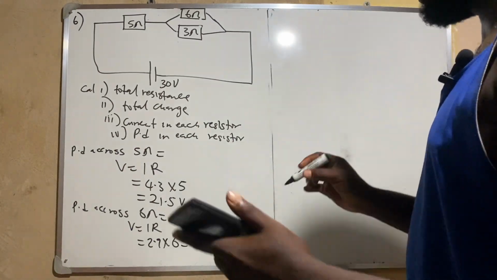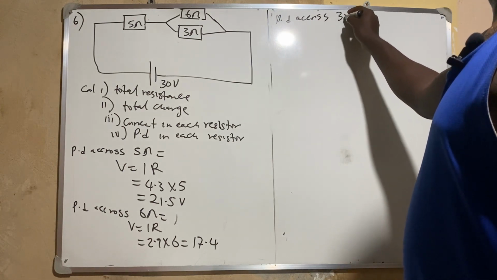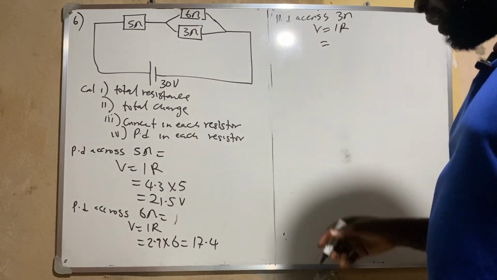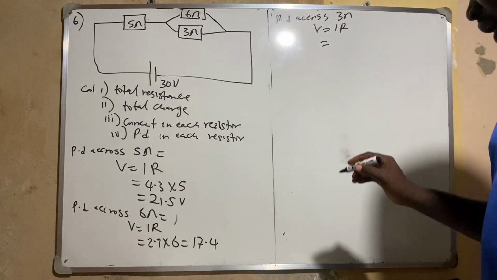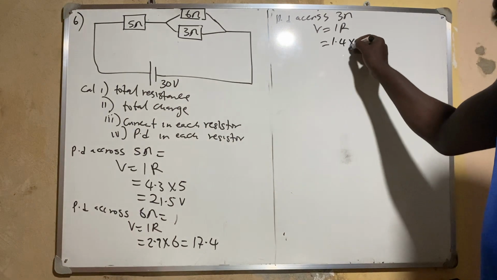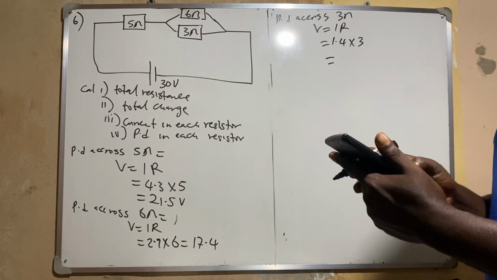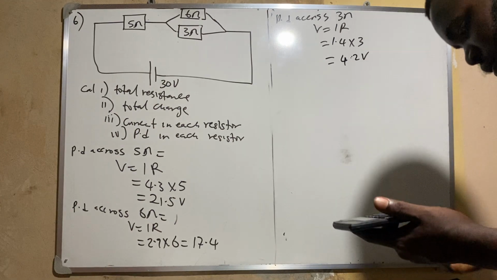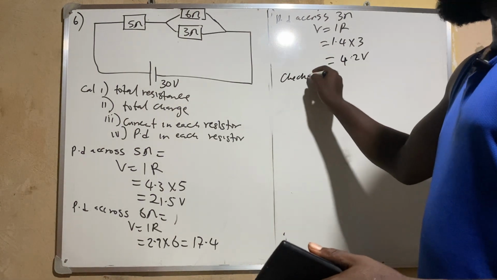The potential difference across the last one, the 3 ohms. We know that V is equal to IR. So the current that entered there, we calculated it as, sorry, 2.9 was the other one. 1.4. 1.4 times the resistor there, which is 3. So 1.4 times 3, so I have 4.2 volts. Okay? So if you want to check it, you will now see that